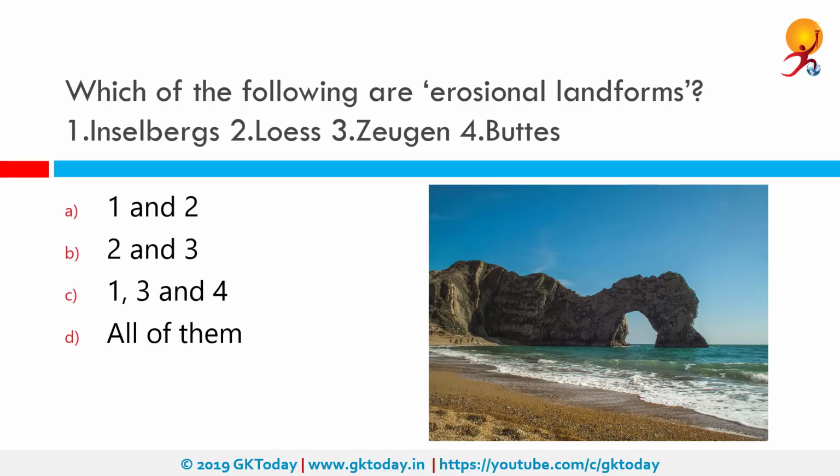Which of the following are erosional landforms? 1. Inselbergs, 2. Loess, 3. Zeugen. The correct answer is Inselberg, Zeugen, and Buttes, or 1, 3, and 4, which is option C. Now, Loess is a depositional landform and not an erosional landform, whereas Inselbergs, Zeugen, and Buttes are all erosional landforms. Inselbergs are usually formed because of erosion. What happens with Zeugen is wind abrasion, and in the case of Buttes, it's formed by erosion when hard capped rock covers a layer of softer rock that is